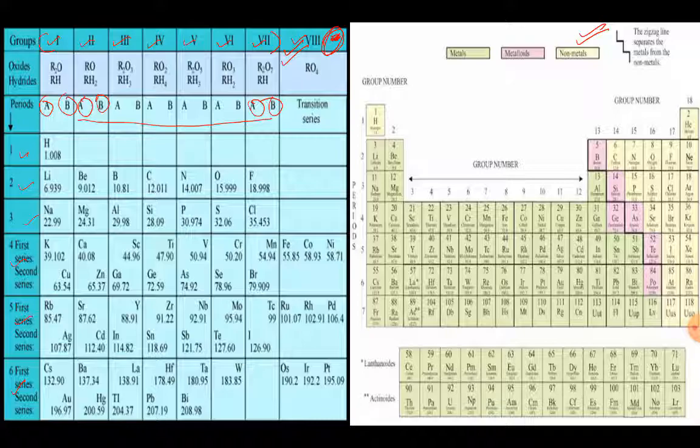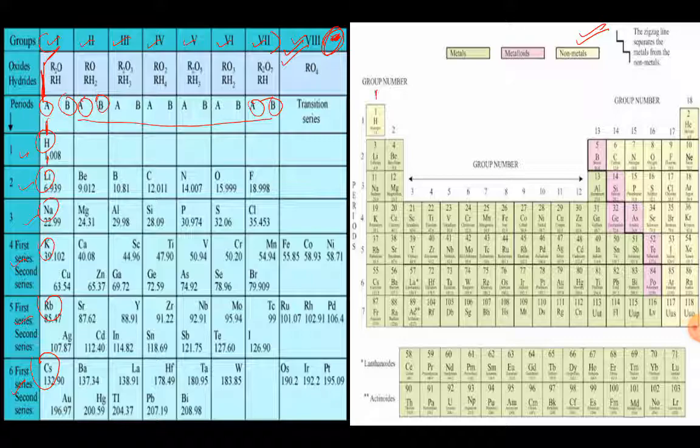But now let us see how the modern periodic table is framed by taking the idea from the Mendeleev's periodic table only. I want everybody to focus on group 1 and subgroup A. Do we see these elements: hydrogen, lithium, sodium, potassium, rubidium and cesium? So this is 1A of Mendeleev's periodic table.